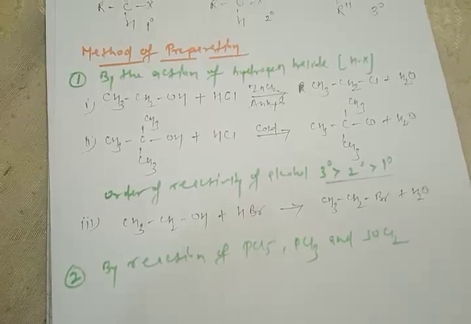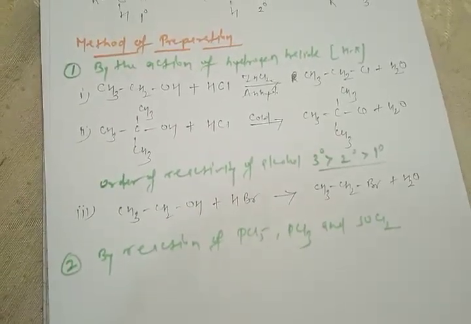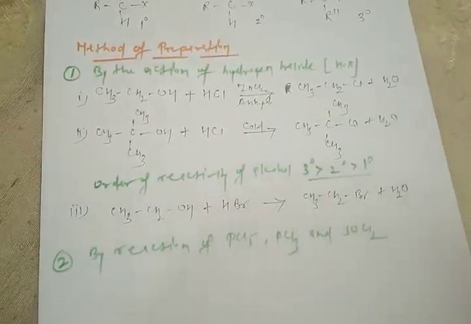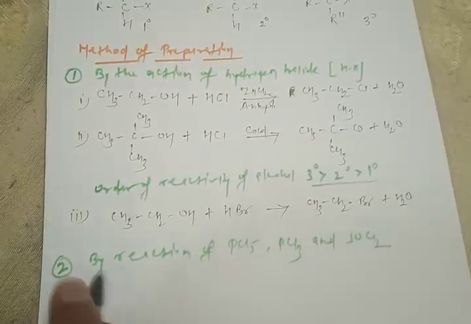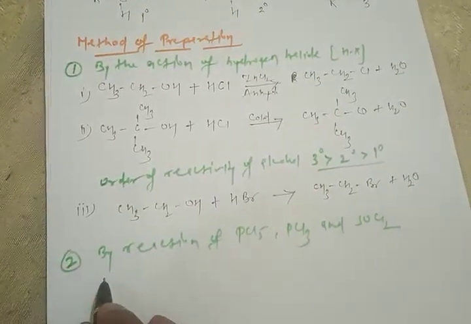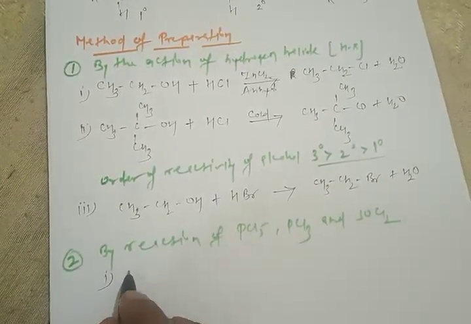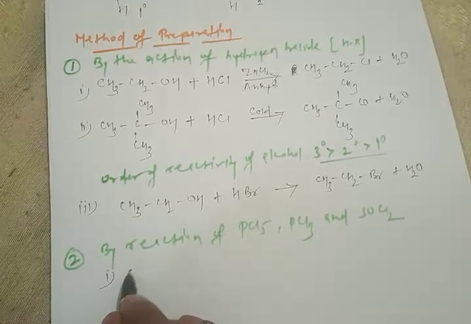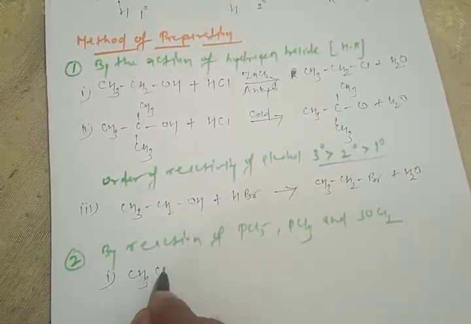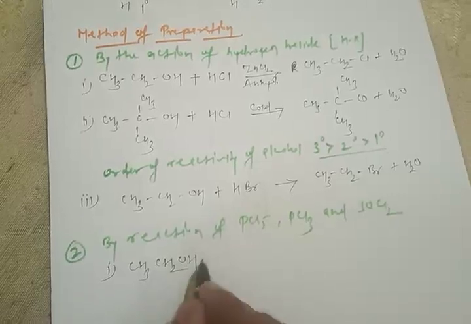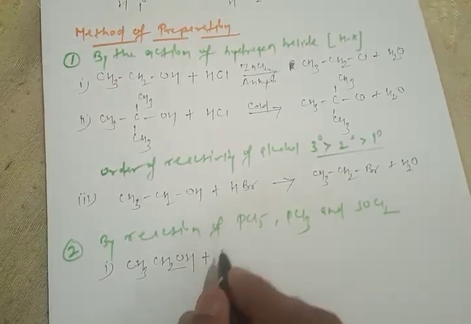So this is the second method of preparation. Again the reacting compound will be alcohol. Let's start with the simplest example, CH3CH2OH. This will react with